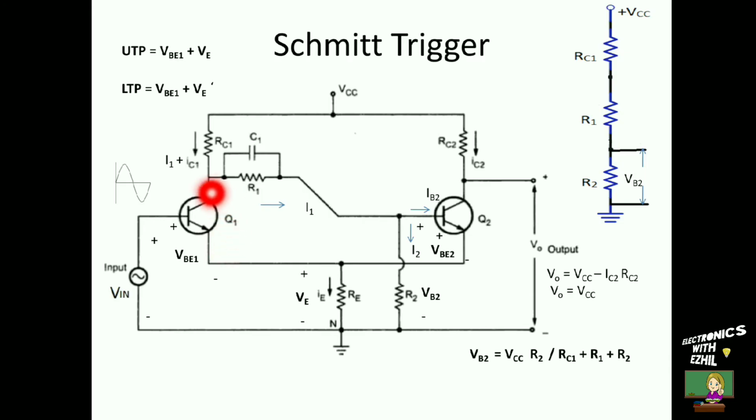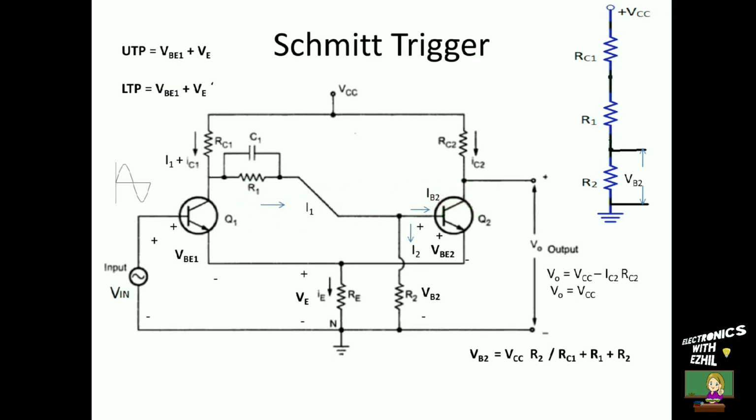Once it is off, collector and emitter terminals are getting open circuited. So voltage at this point is VCC and this is coupled to the base of the transistor 2. This will increase the forward bias of the transistor 2. So the transistor 2 will conduct more and more and then it will be driven to saturation. This is the first stable state of this Schmitt trigger circuit, that is Q1 off and Q2 on.